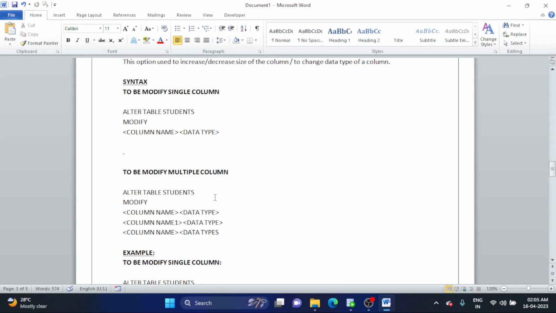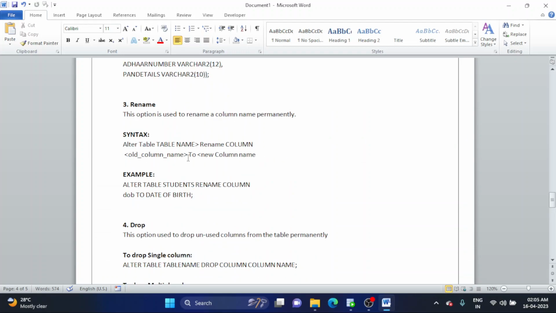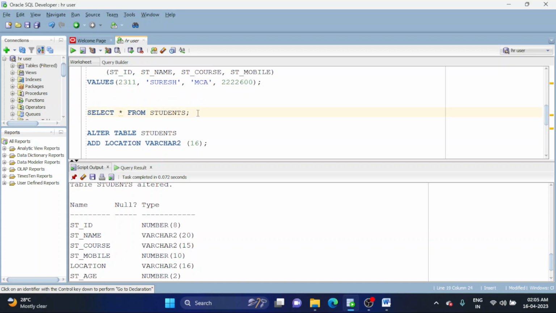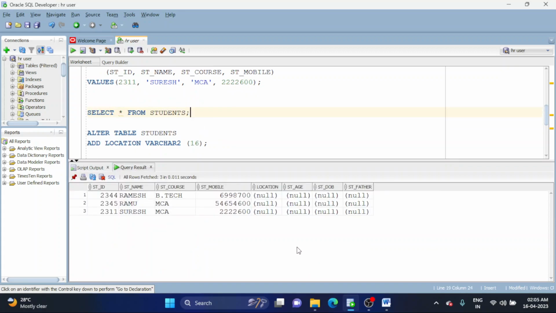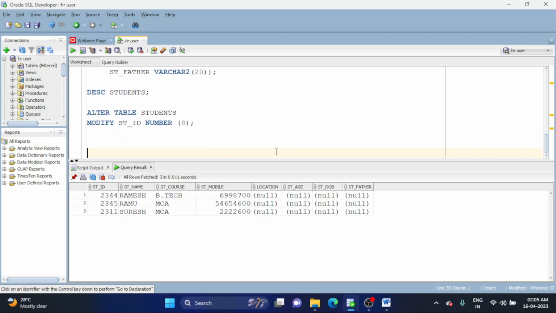Then after modify comes rename. This option is used to rename a column name permanently. For example, I have a column that is location. I would like to rename location to address. Okay, for this one, do observe,